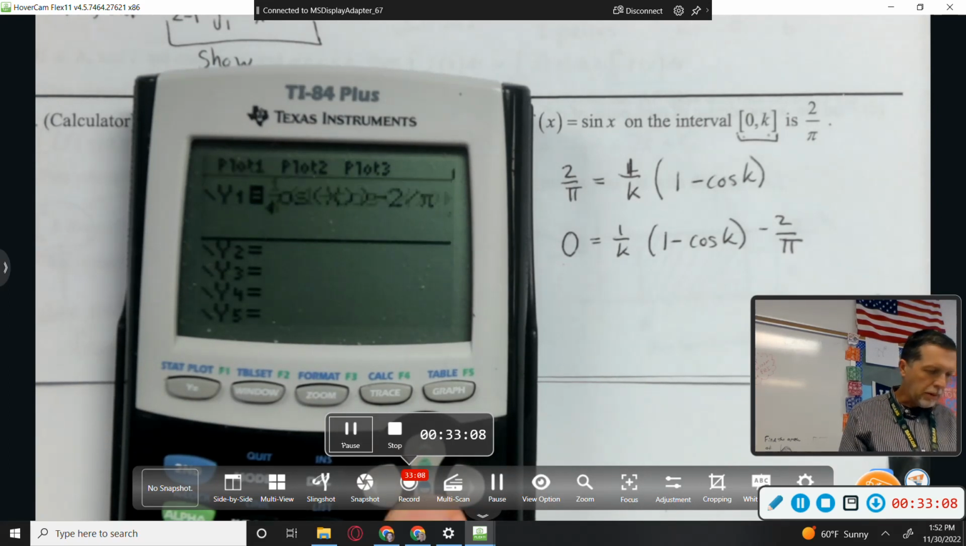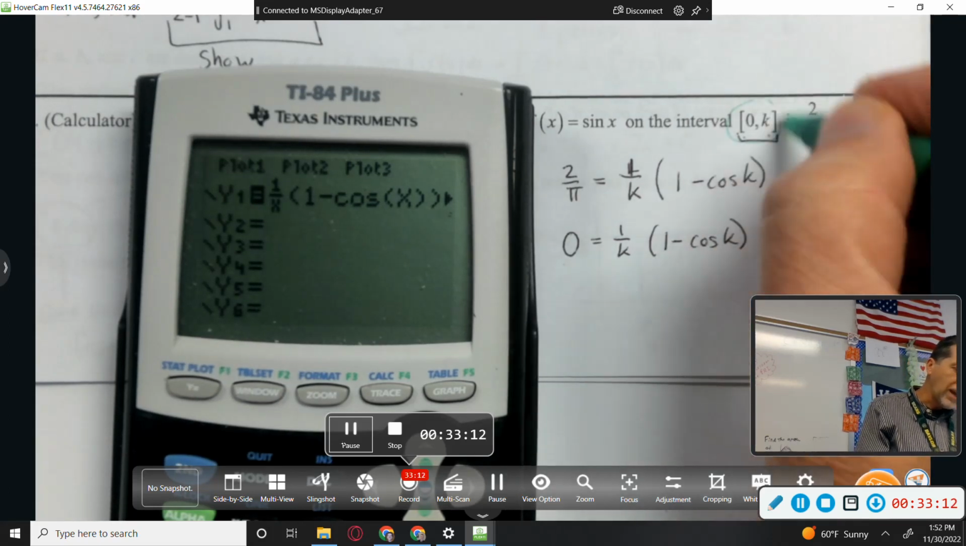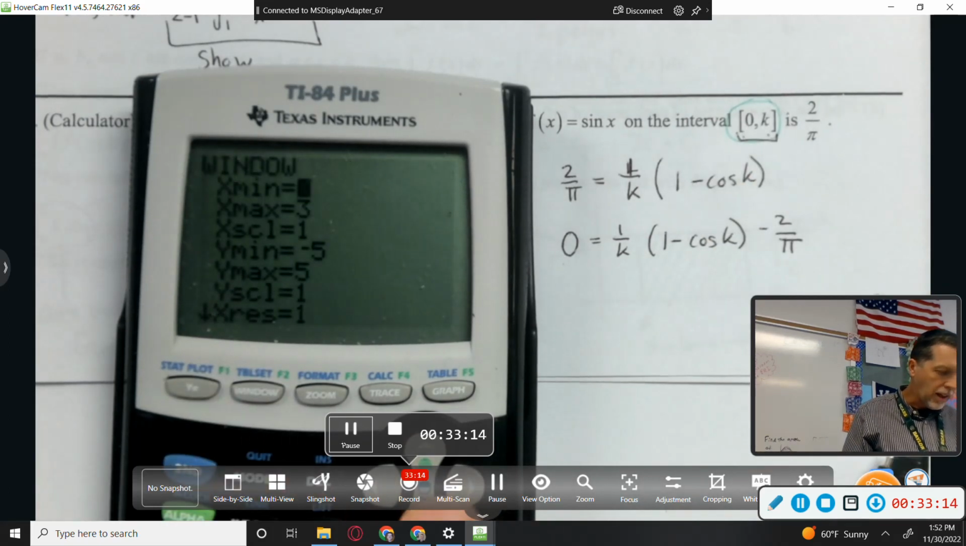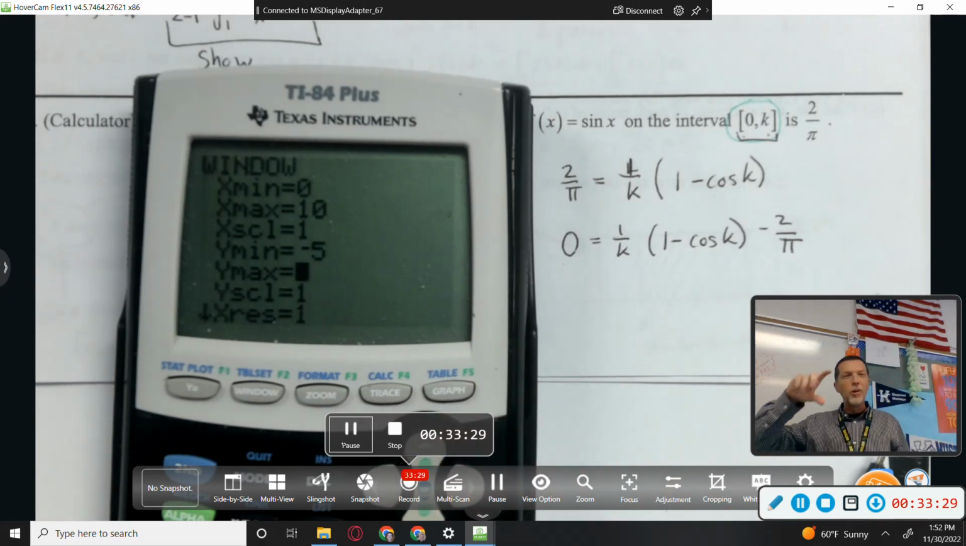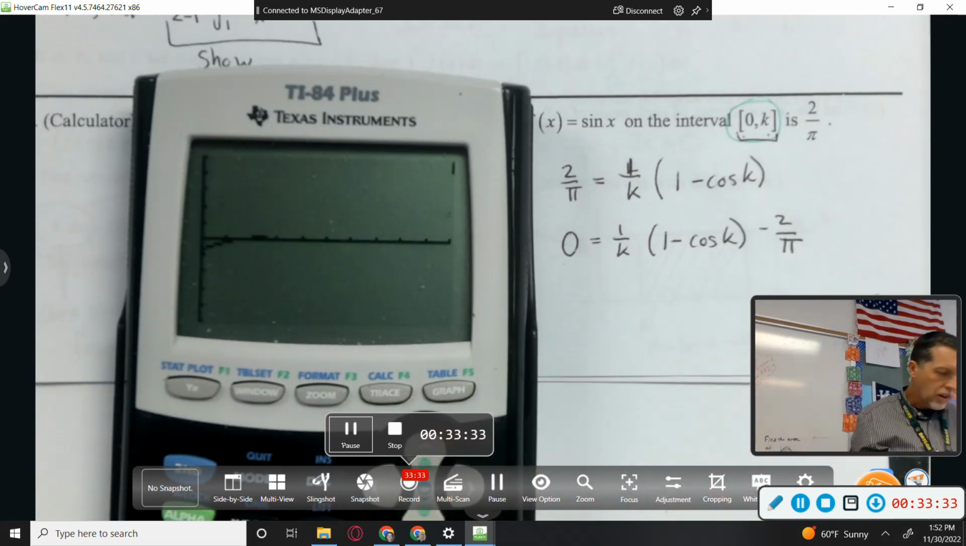I want to know where that's 0. But it's got to be between 0 and k. Of course, I don't know where k is, but I don't need to go left of 0. How far out to go? I guess I'll go to 10. We'll see. I don't know how far out to go. As long as I'm seeing 0, I don't care what it does way away from 0. I just care where it's equal to 0. Okay, so it looks like